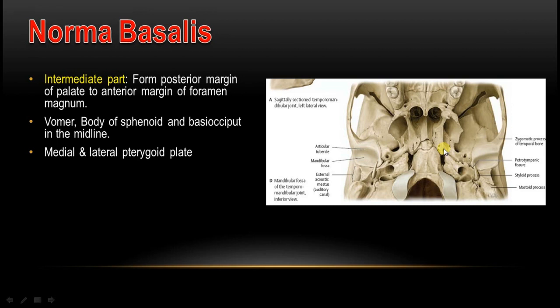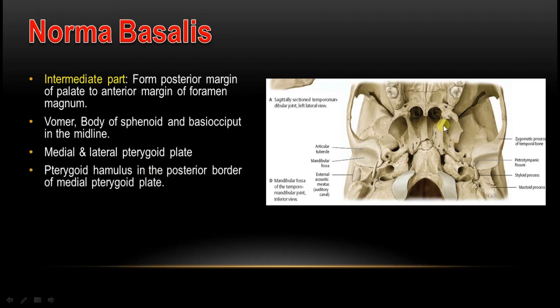So any fossa which is boat shaped is actually called the scaphoid fossa. Then here laterally what we see is the lateral pterygoid plate. So the pterygoid hamulus, as I told you, is on the posterior border of the medial pterygoid plate. Then you are able to see the infratemporal surface of the greater wing of the sphenoid. So this is actually called the infratemporal surface of the greater wing of the sphenoid, and this part is